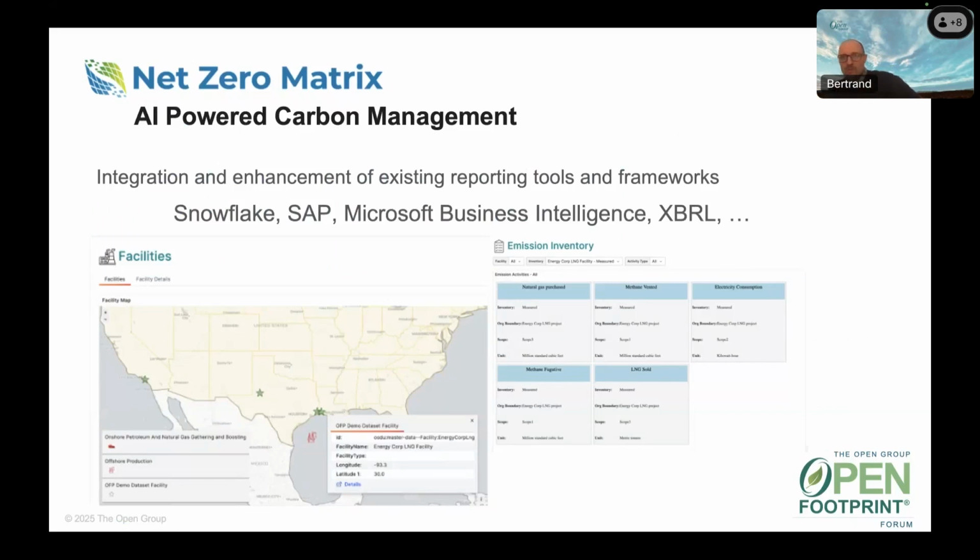So one thing we want to do is help organizations manage at the emission sources level, integrating these services, for example, our modular AI agents, to enhance their existing reporting tools and frameworks, whether it's on existing systems that they're operating like SAP, Microsoft BI, or standardized formats for how you consume that data. For example, XBRL templates, which are very common in the financial reporting industry, and now are also emerging into the sustainability reporting space through organizations like the ISSB and the IFRS.